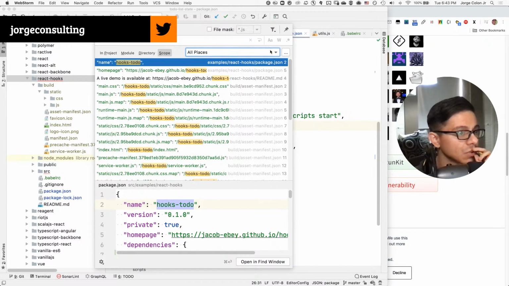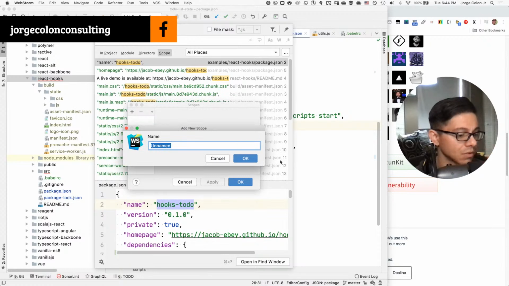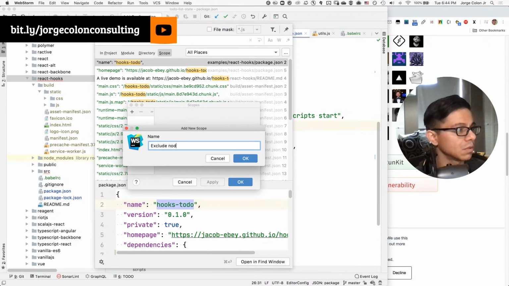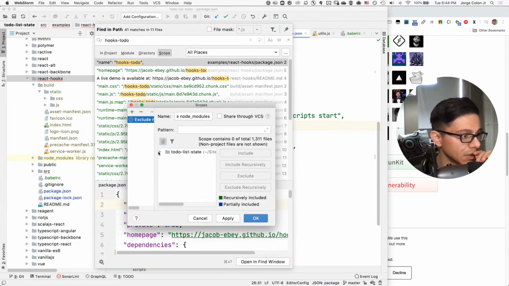Oh, I need to do scope, maybe? Okay. Scopes. Add scope. Exclude node modules. And then I'm gonna go in here and look for